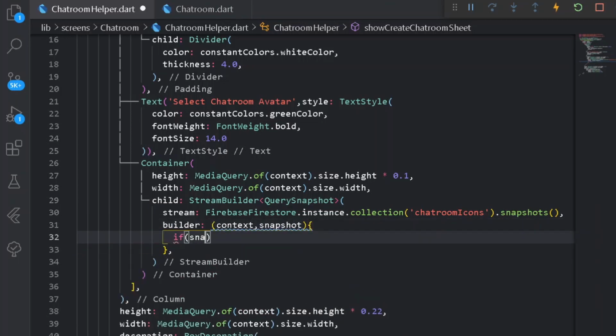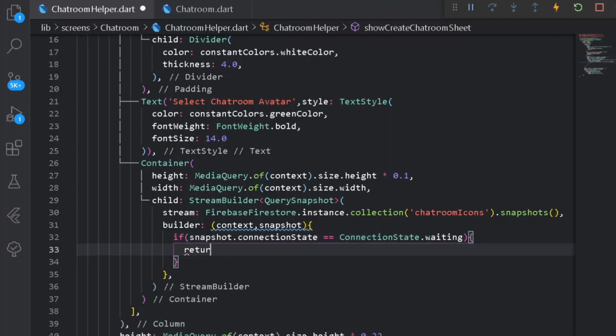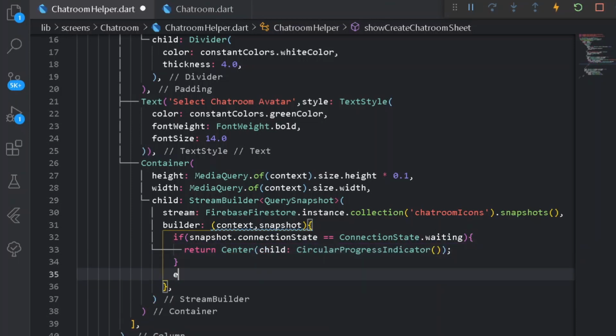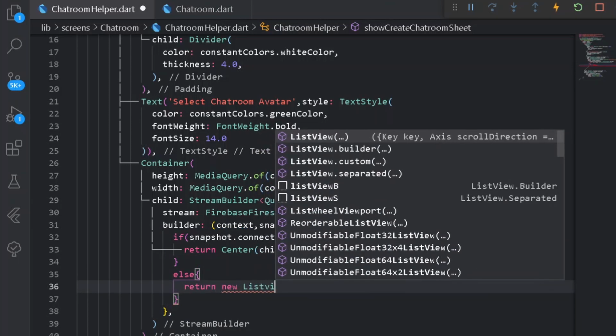First of all, if snapshot.connectionState is ConnectionState.waiting, we can simply return a Center, and under this Center let's have a child to be a CircularProgressIndicator. Cool. Once this is done, let's have an else statement as well to return a new ListView.